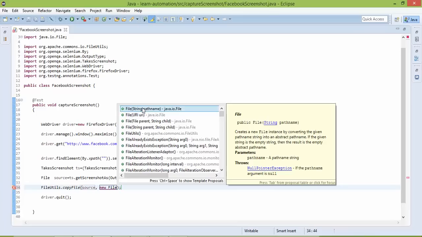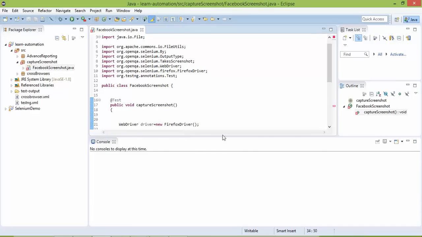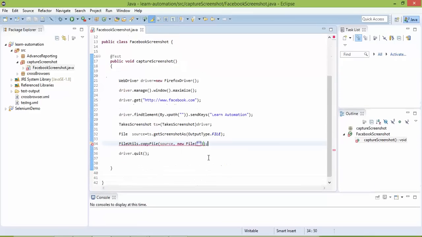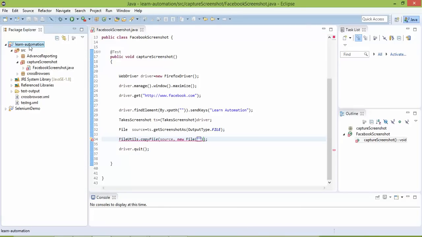So this file I will take from here and I will specify the path. Now I want to store this screenshot on a particular drive, so you can take C drive, D drive. What I will do that is very effective, and generally we should follow the same strategy: I will keep all the screenshots in my project directory itself. So I don't have to roam around in my C drive, D drive. In case I'm changing some data from one drive to another drive, I will get confused. So better I keep all the screenshots in my current project directory.